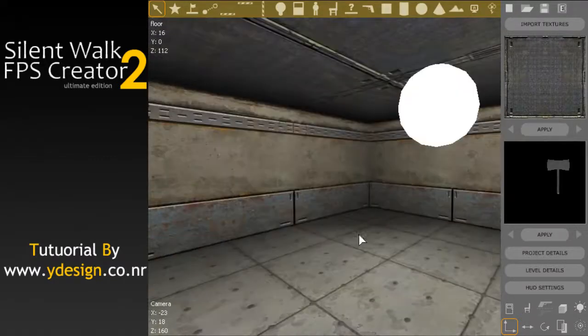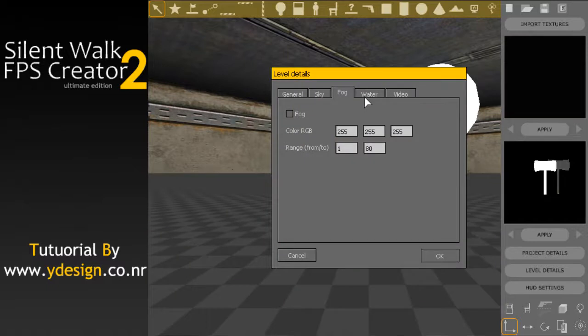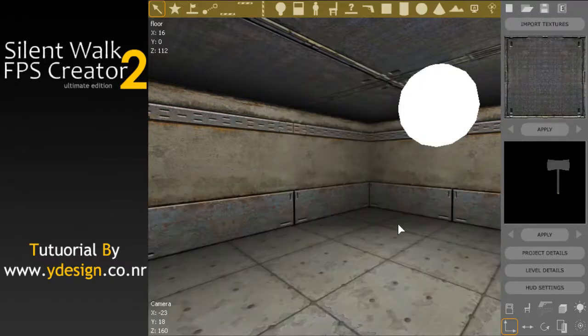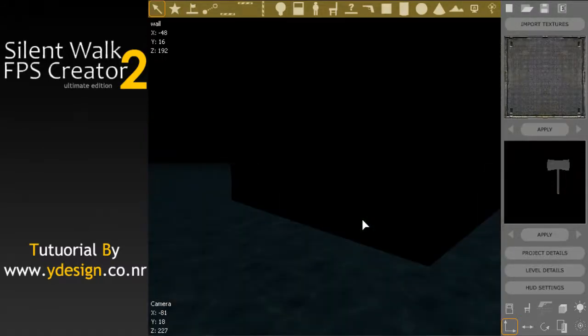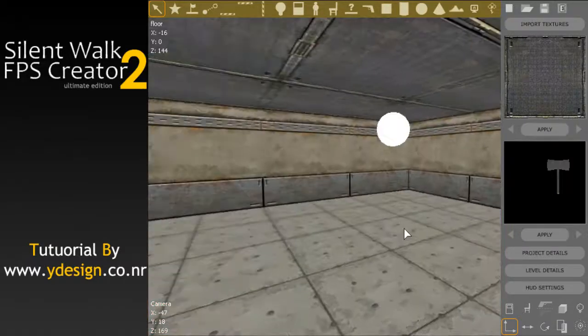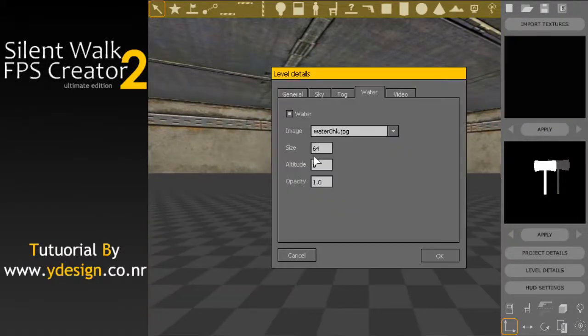So what else can we do? I have details, water. I need to select water again. Image, right? You'll have to have a water texture in your image folder. I have 2 here, so it's better. So there we go. If you look, that is dead on the floor. And the way to work this out, now the height level size is 64, that's fine. Altitude 32, I believe, is